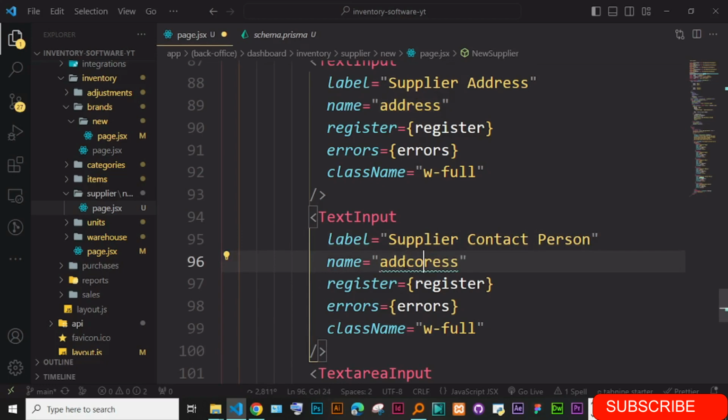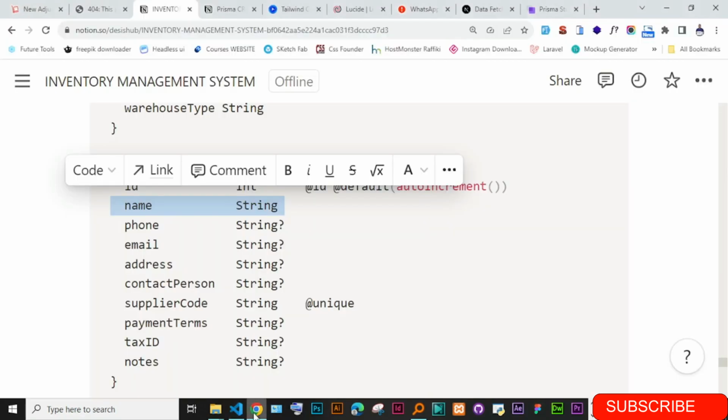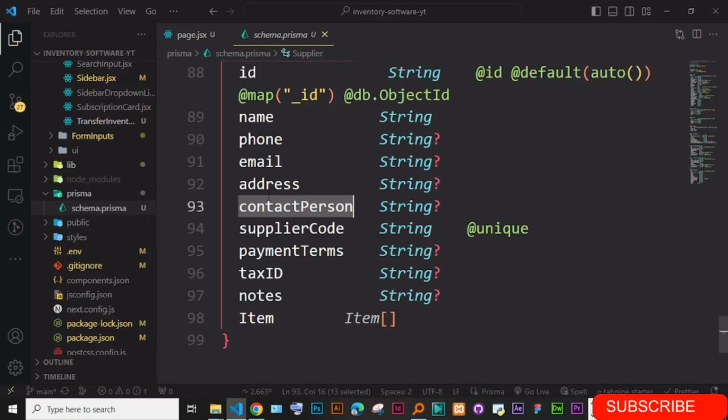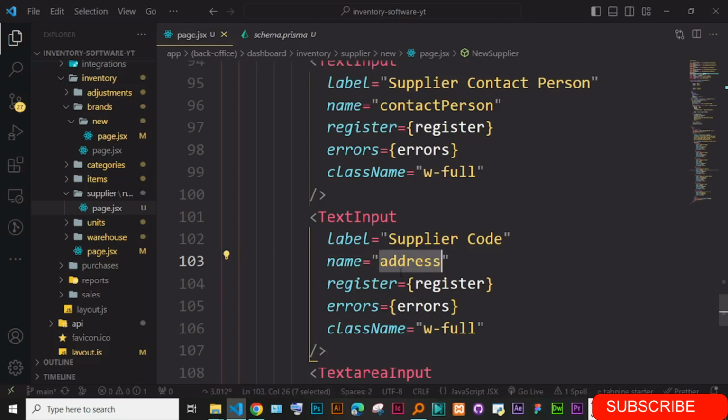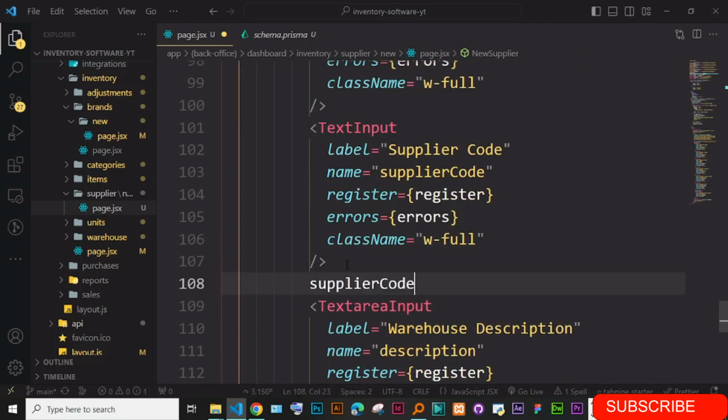And this one is going to be contact person. Okay, next is supplier code. Okay, and here is supplier code. Let me copy this. Okay, and then next is